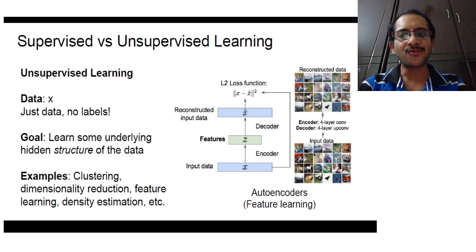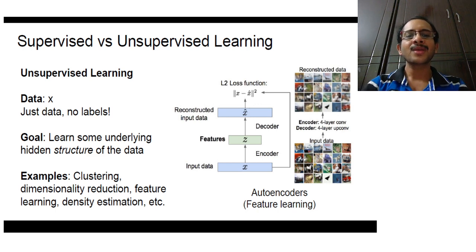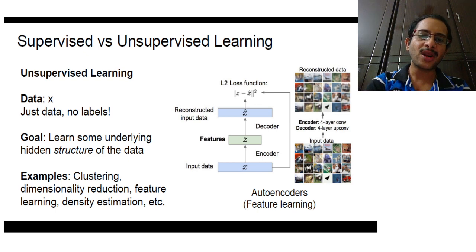Please note that this is unsupervised learning, because the input is anyway in our hand and we are giving the same as output. So we are not giving labels here. And a much more important, additional benefit of autoencoder learning is that the features it learns in between capture essentially the structure of the data.